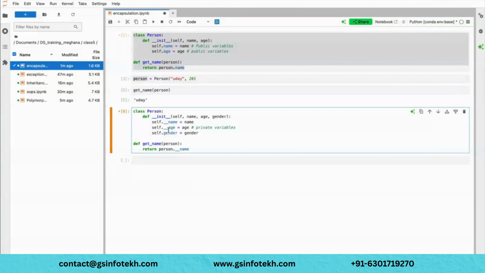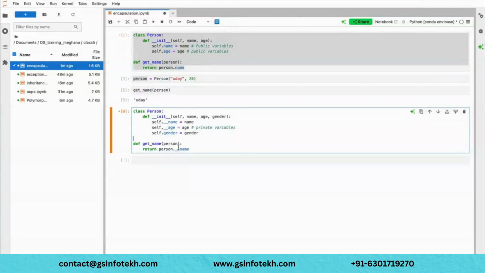So now let's see whether I am able to access these values outside of the class in a normal way or not. Sometimes, this name, age, all those things we call PII data in the company. This PII data, you can't give access to all other people in the company, right? They may misuse it, like the email of a member, or a phone number of a member. These are all very sensitive data, you can't give it to anybody. So in that case, you can keep this restricted by using a private variable.